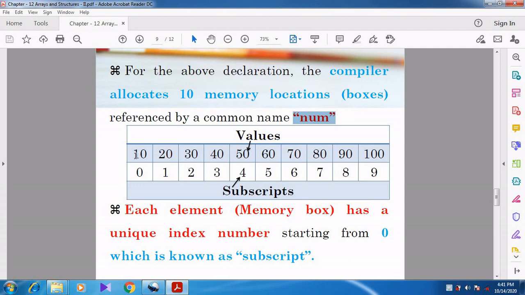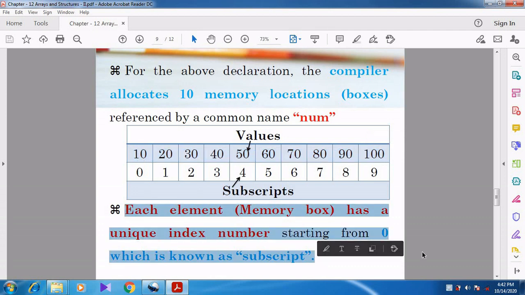In your book they have not given values. For your understanding, I have specified some value in each and every memory box. Each and every element, that is each and every memory box, has a unique index number. That unique index number always starts with 0.